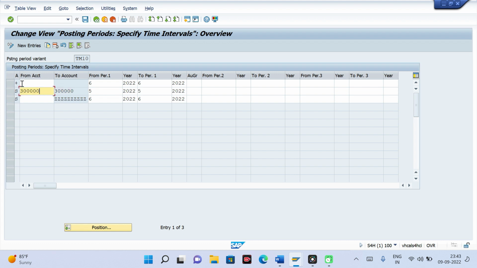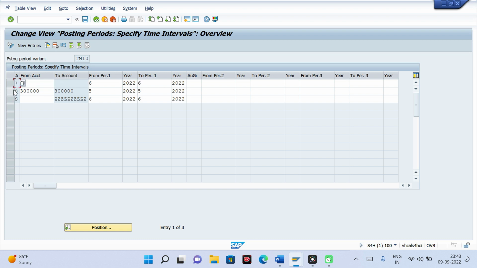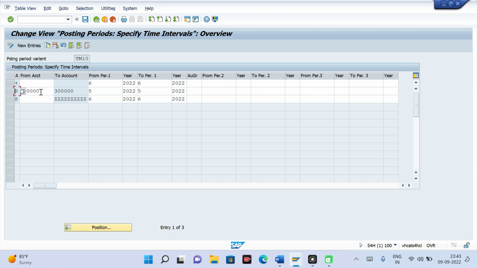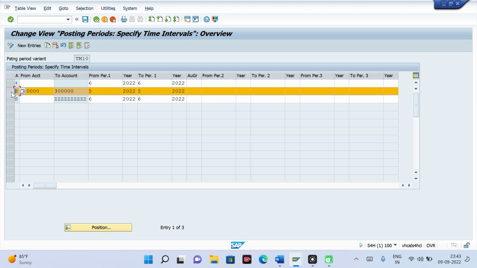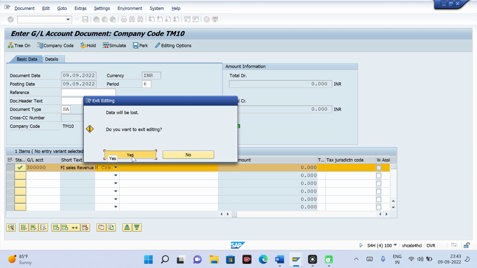So again I am repeating, this will check in all cases whatever account type posting you do. Then if I am posting to any GL specific, if that particular GL is already maintained here, then it will check again whether the period is open or not for this GL. For example, at plus level it is open, but if I post for this it is not open, it will throw an error. So now let me go here.